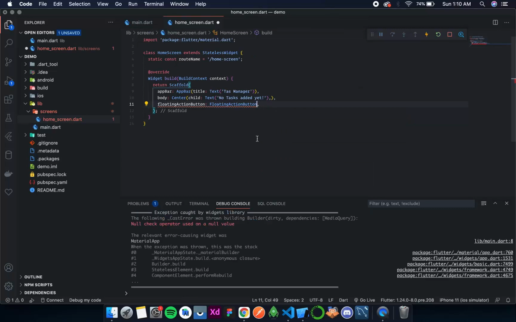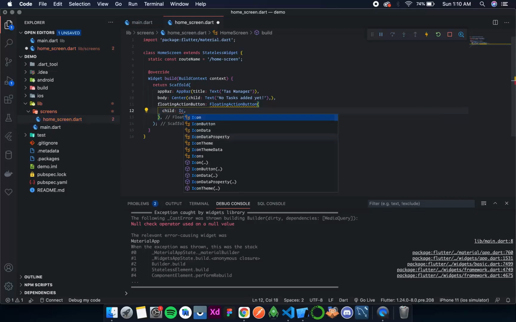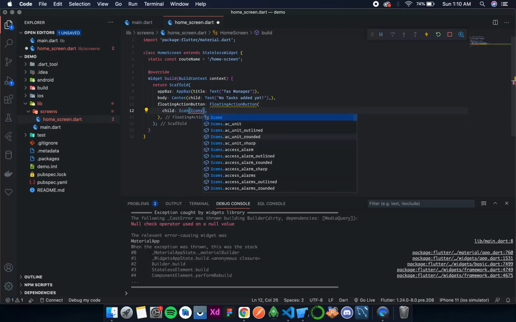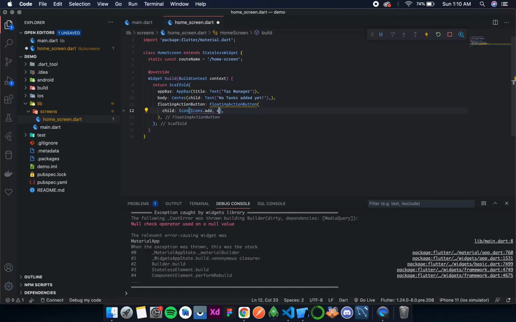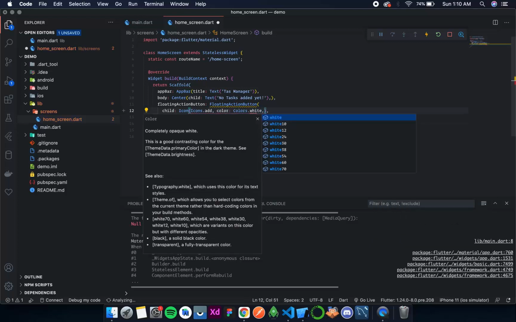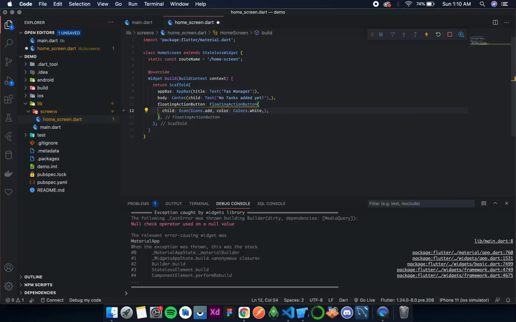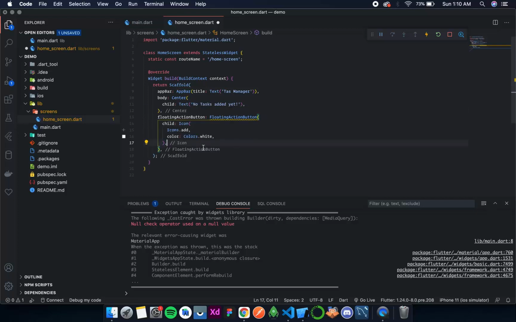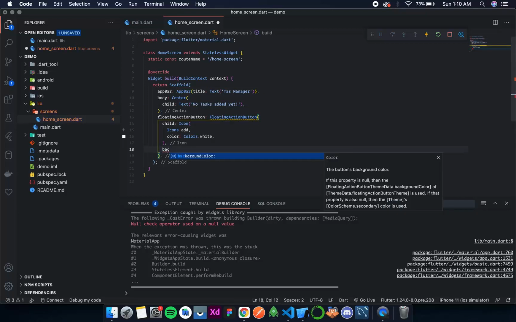So this will take a floating action button, and then over here the child will be an icon widget, and then over here we'll use the icons enum, and then the add button, that is the plus sign. Okay, now I'll give this icon a color of white. Let's format this.